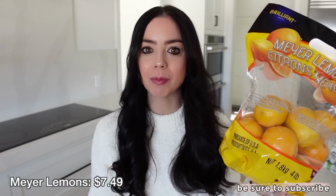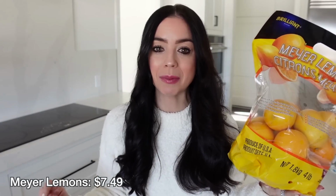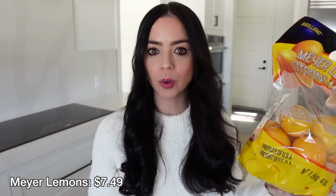Then the next non-organic produce item that I did purchase were these Meyer lemons. I have been looking for Meyer lemons because it is the season for them and I haven't been able to find them anywhere. I found one really sad bag of Meyer lemons at Whole Foods and they weren't organic. It was actually the carton of them, like the little green, light blue carton of them. They were very sad. They were rough looking, like they were on their way out and they weren't organic. So I did see this massive bag. They look beautiful, Meyer lemons at Costco for